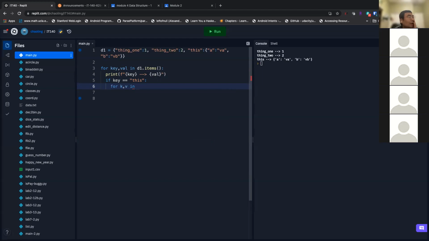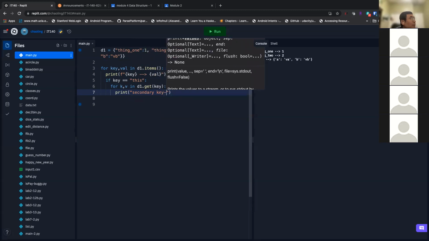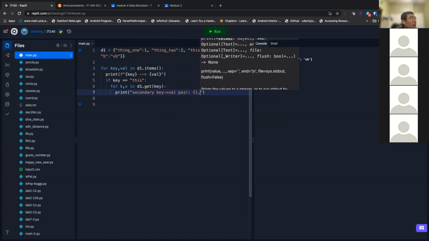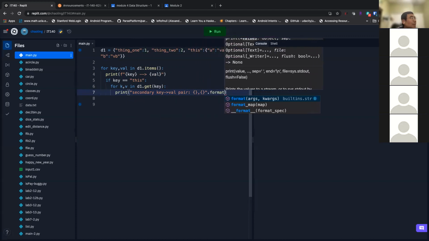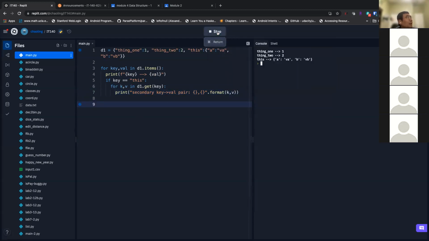There are two ways to get the value from a key. The first way is D1, the dictionary, dot get the key, and then it returns the value. That value is itself a dictionary. Then I'm gonna say print, secondary key value pair, comma, dot format, key, comma, value. All right, so I'm gonna print the secondary pair.